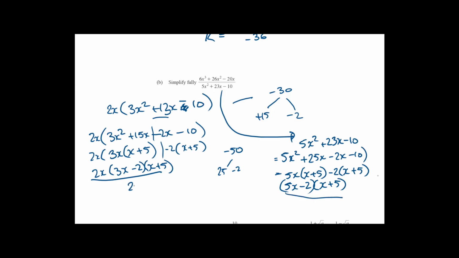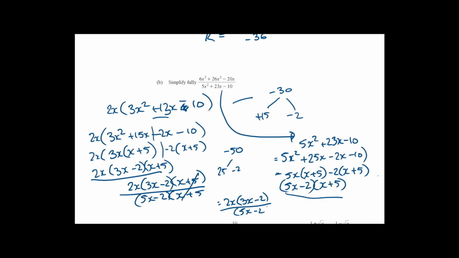So we have 2x, 3x minus 2, x plus 5 over 5x minus 2, x plus 5. Well, how about that? They're going to cancel. And we're left with 2x, 3x minus 2 over 5x